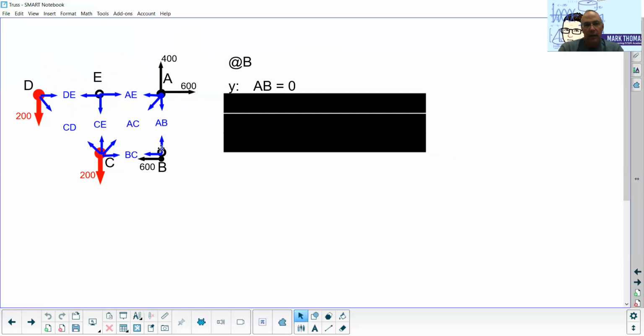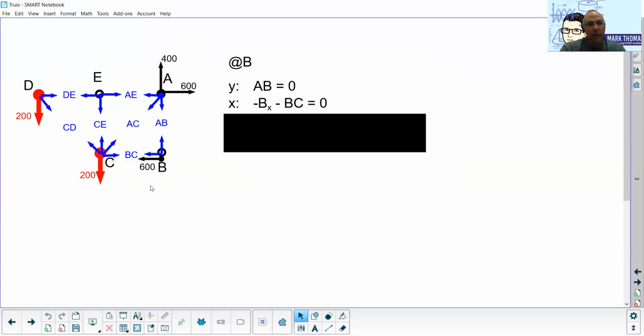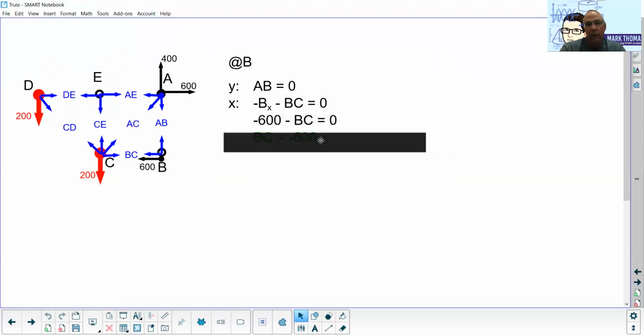Well, right here, AB is pointing up, and I'm going to set AB, that force, AB is a single force, not 2 forces multiplied. It gets set equal to 0, and so I actually know the value of AB now. AB is actually equal to 0. In the X direction, I have 2 forces. The BX is pointing to the left. I'll signify that with the negative sign. BC is pointing to the left. I'll signify that with the negative sign in front. I already know the value of B sub X to be 600. We'll plug that in, and we will get an answer of BC equaling